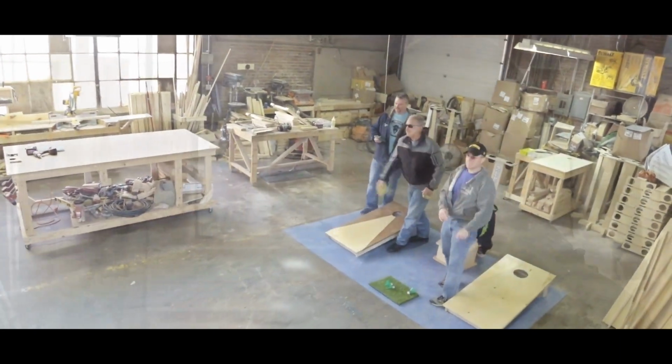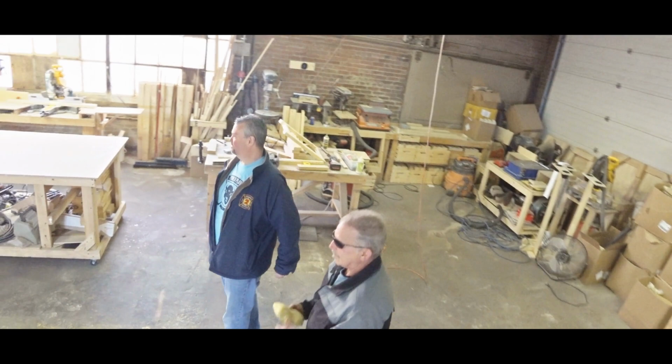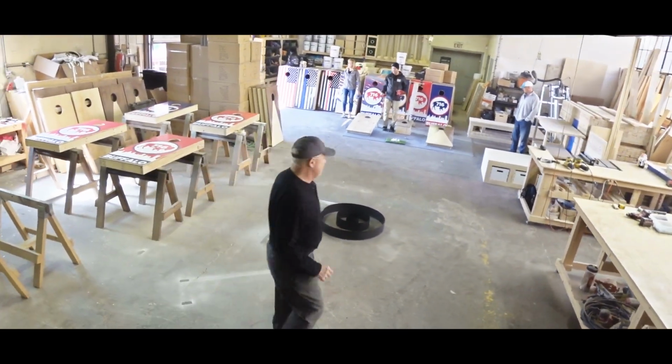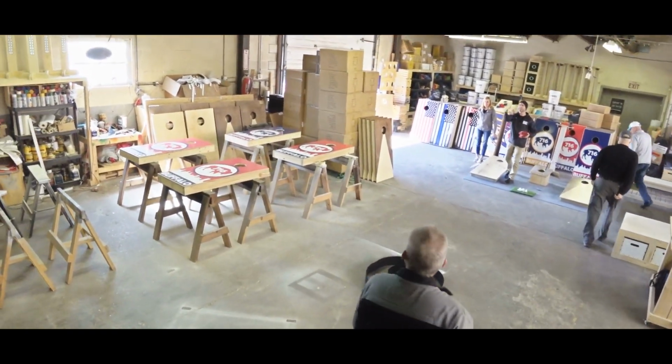Right. And the cornhole boards, did they take right off on you too? Yep. So I live about 10 minutes away in the town of Tonawanda, and I'm right across the street from the golf course, the driving range, the golf dome, and I would just make them and put a couple in the driveway and...